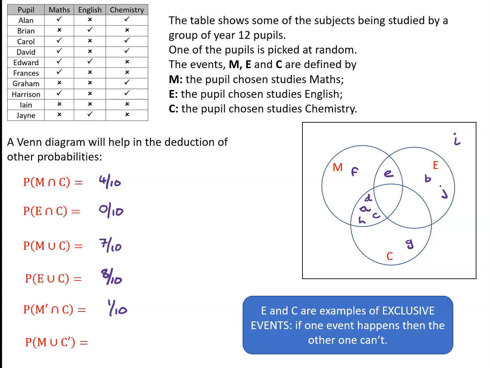Well, we've got some of the ones we've already included, but new ones are B, J and I. So altogether there we've got 9 people who do maths or don't do chemistry. So the probability of M union C dash, the probability the student picked does maths or doesn't do chemistry is